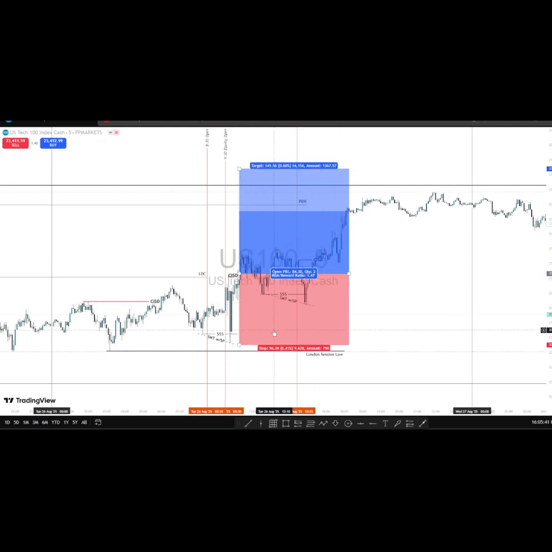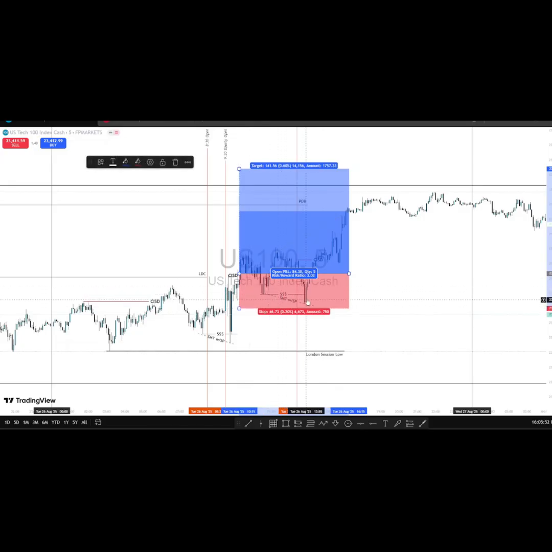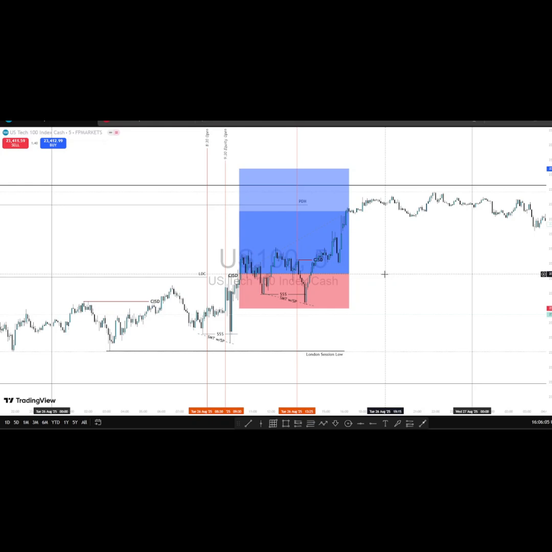At this timing point, I added 2 more entries, and I moved this stop loss from this point to this low, because now I believed we had already confirmed a sweep and we had already closed above the last down close candle, thus confirming another change in state of delivery within the bullish move from 9:30. So now it's a re-entry point as well as a confirmation to add your entries. I added a few more entries with my first take profits.